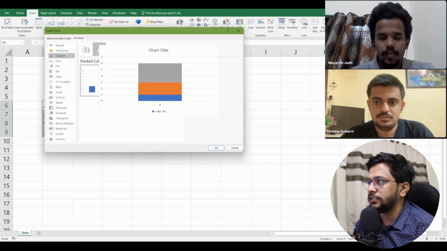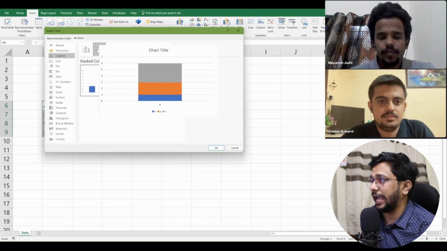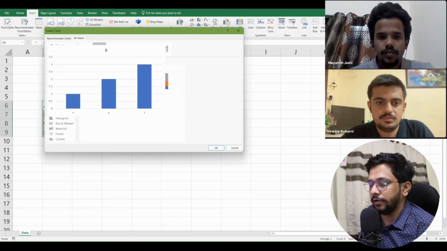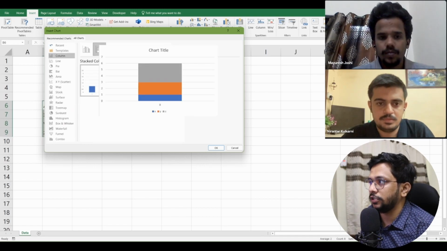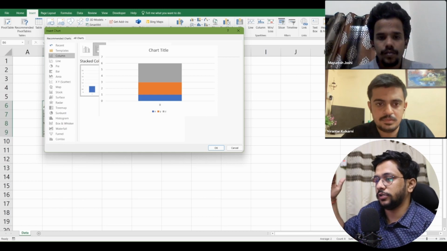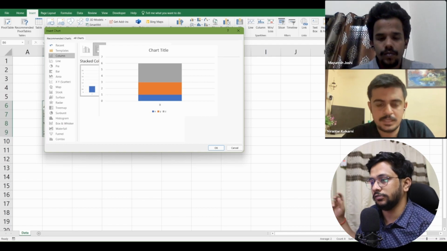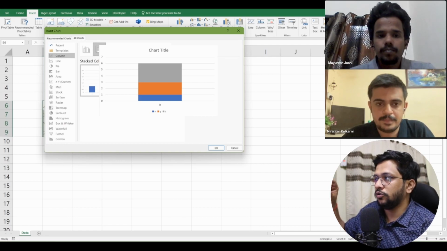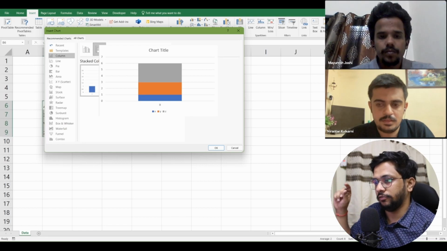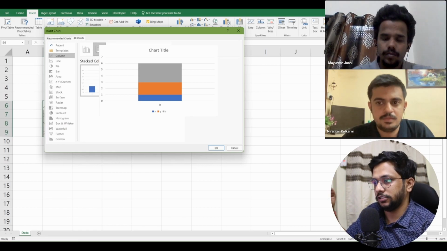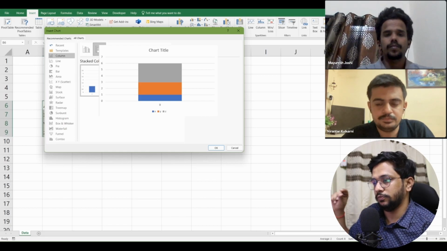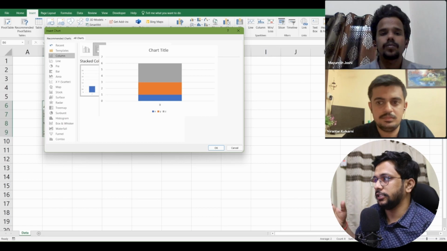The major difference between a simple bar chart and a stacked bar chart is that here the values are stacked on top of each other, right? So it is 1, 2, 3, but over here it would be a plus to everything. So 1 plus 2 plus 3 equals 6. So the total is 6. The upper 3 is basically your one value, one category. The second one is the second category, and the third one in blue color is the last category. And the category labels X, Y, Z are there at the bottom.